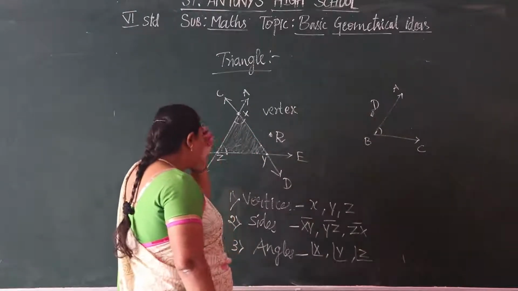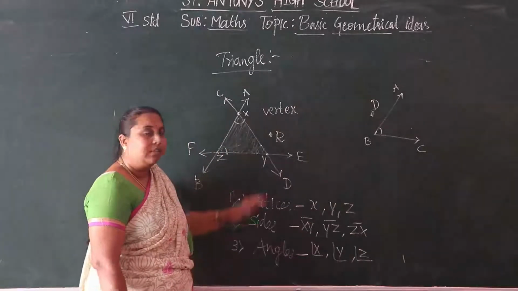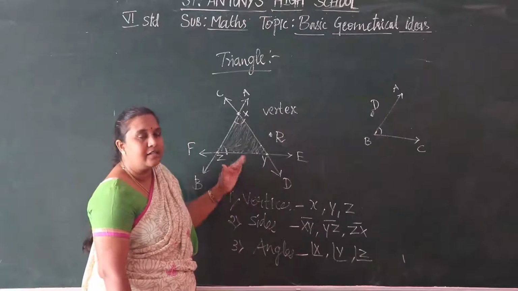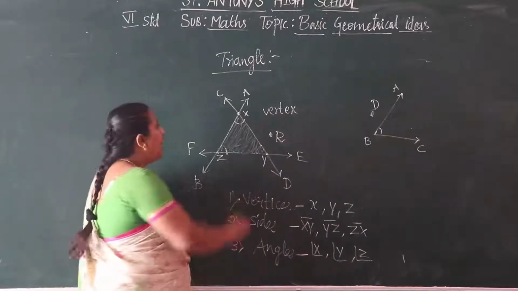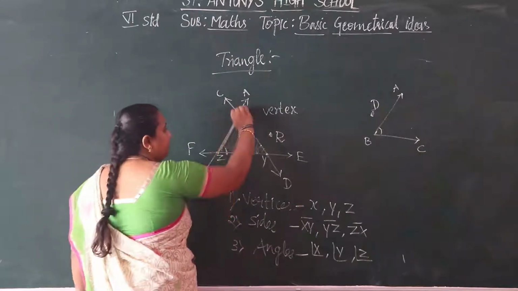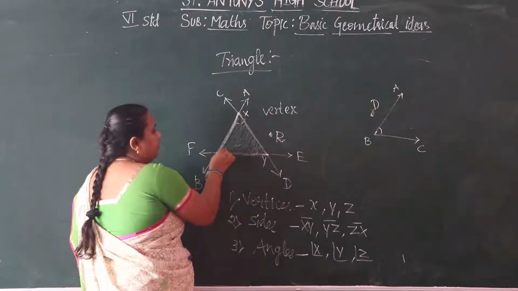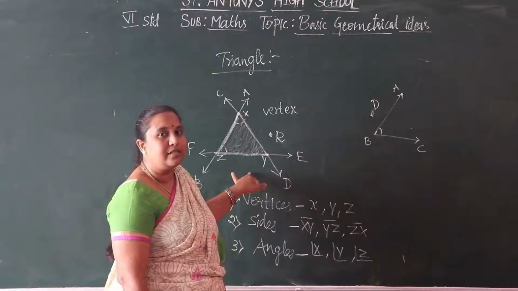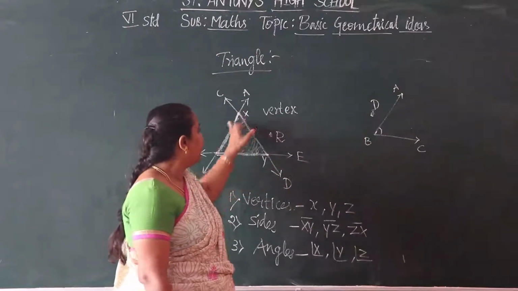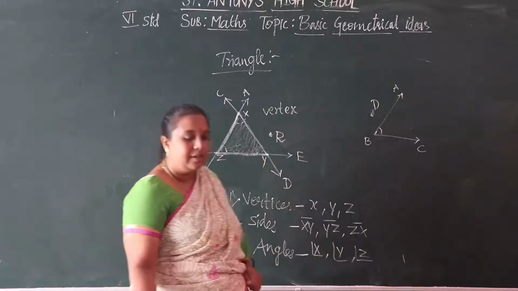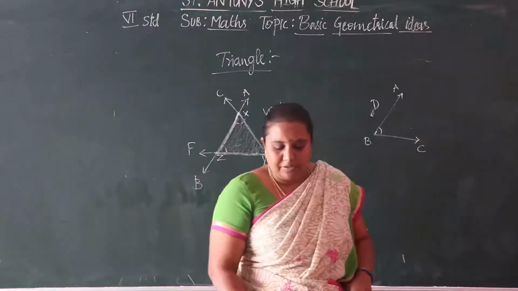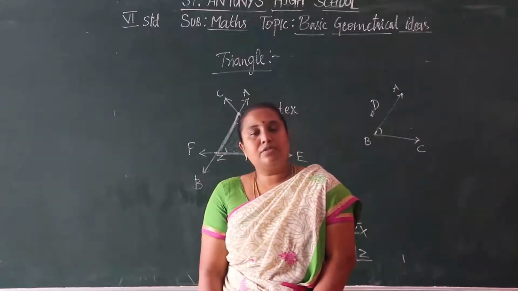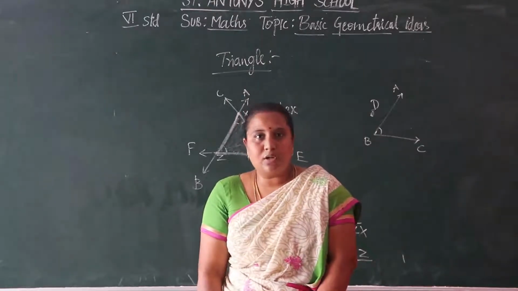Then, what is exterior? The outside of the boundary of your triangle, we can say it is the exterior of your triangle. And you know what is the boundary? The three line segments arranging a triangle. This we can say is the boundary of a triangle. So this concept is given for you in the textbook. Understood, children? Are you clear in this concept now?